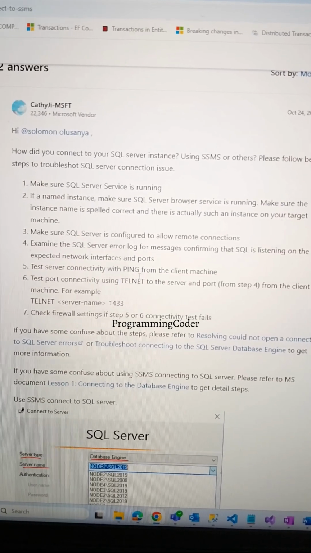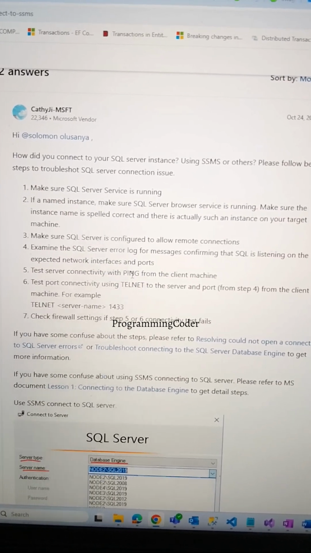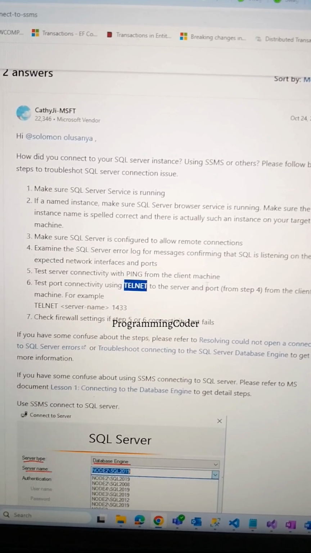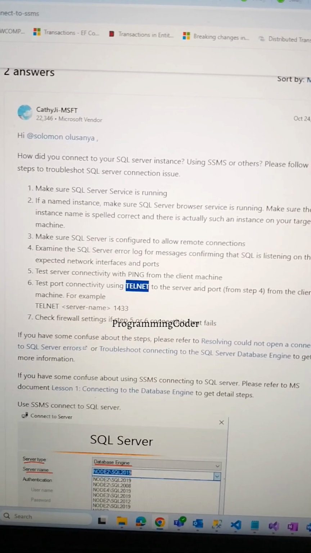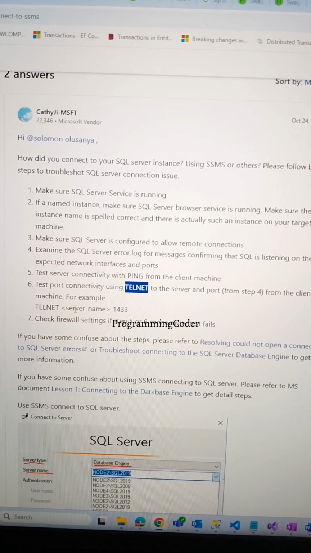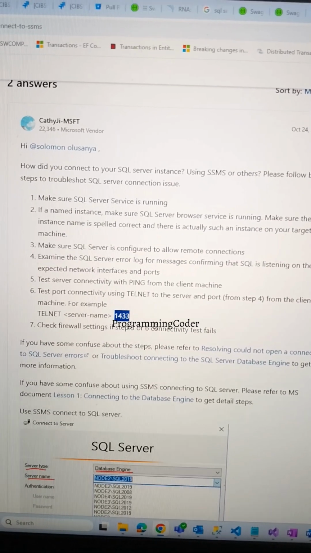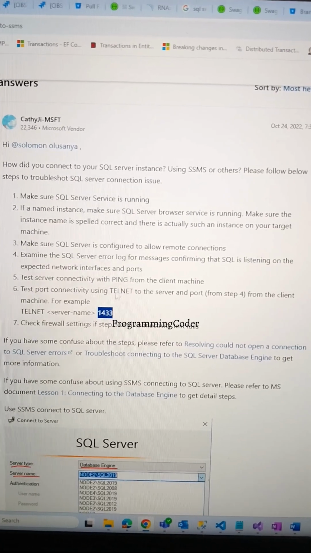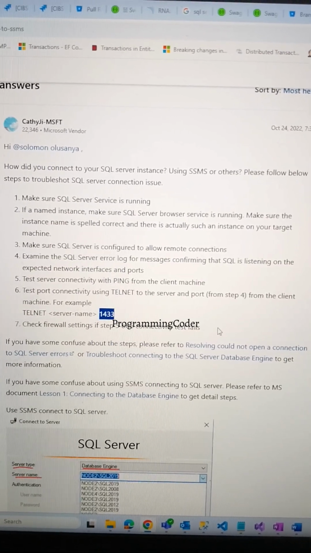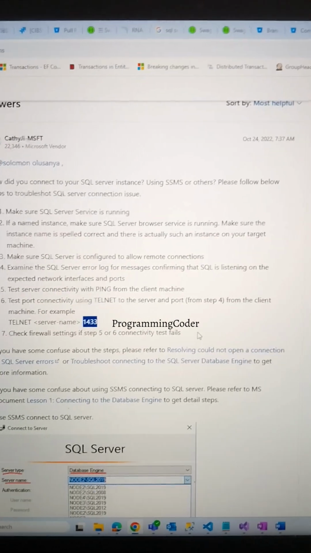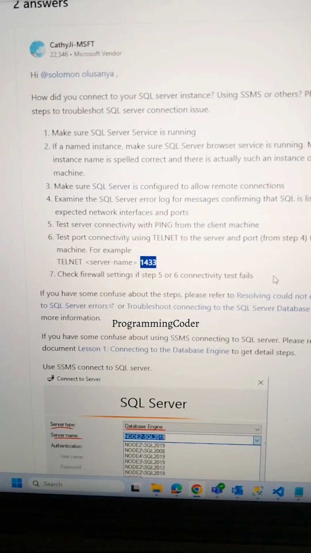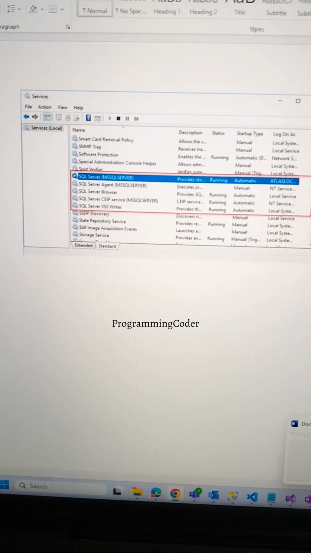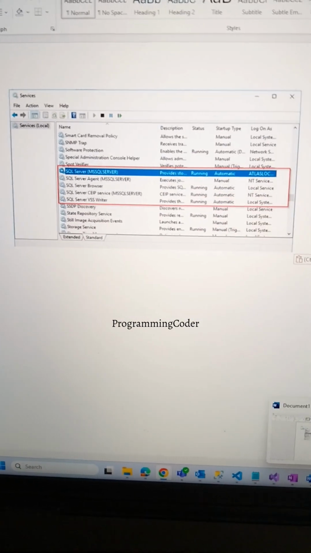So you need to check with the telnet command and ping with the machine name, to see that the machine is connecting to the network server, and you can check the port itself. Give telnet, machine name, server name, and port number; by default 1433 is the default port. And the last one, you need to check the firewall settings. You need to check the firewall allows remote access for that user, then you can get access. So these things we need to understand before we connect to the database, right?